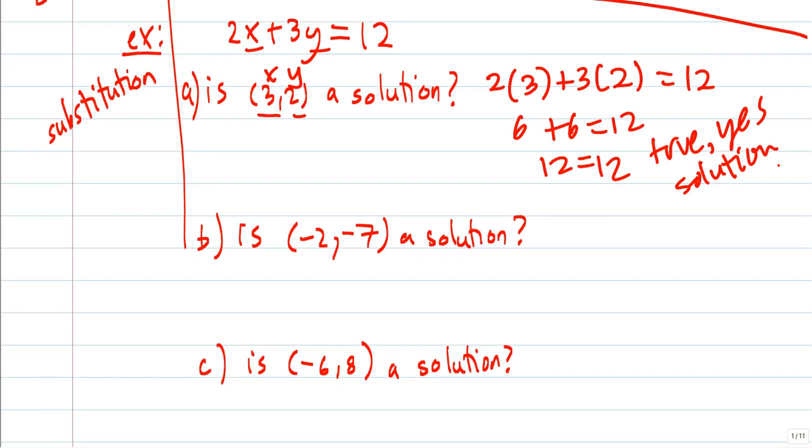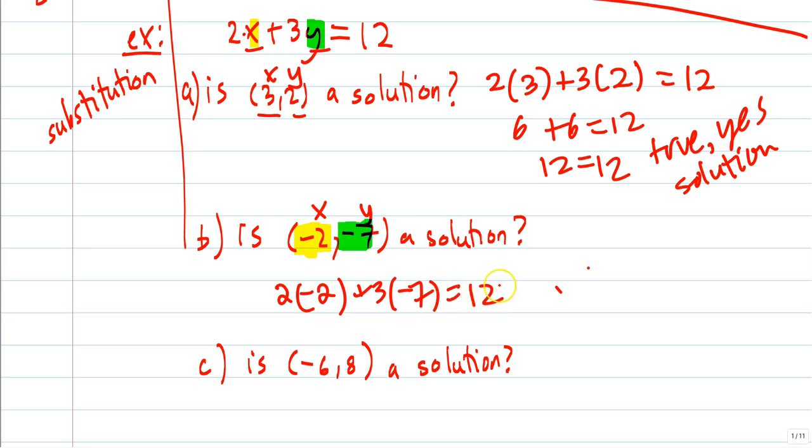Is (-2, -7) a solution? We're going to do the same thing. Again, that first number is our x, so that first number is going to be plugged in for the x. The second number, the negative 7, is our y, so we'll plug that in for y. Be careful, and I like the parentheses here because if you just put a little dot, here's where people are going to have an issue. It's not 2 minus 2, right? One thing that scares me is some people will put 2, 3 and call it 23. No. This means 2 times x, so it's 2 times that negative 2 plus 3 times the y, negative 7,